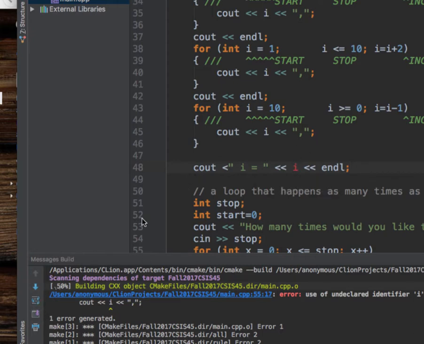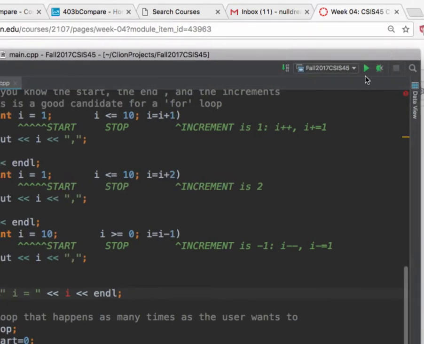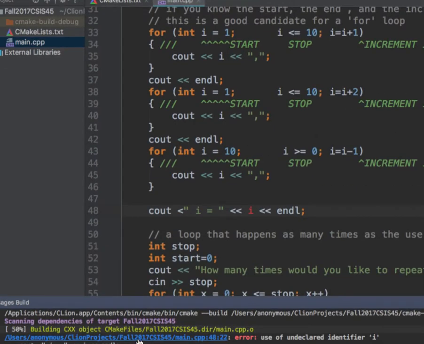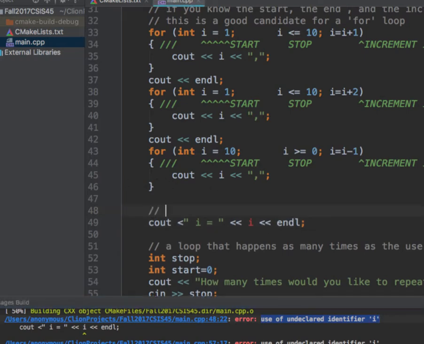If I try to run my program, you're going to see that error again. Cout i blah blah blah: use of undeclared identifier i. Okay? So this is, I guess, your first introduction to what a local variable is. So the variable i, you cannot do this. This is bad, because